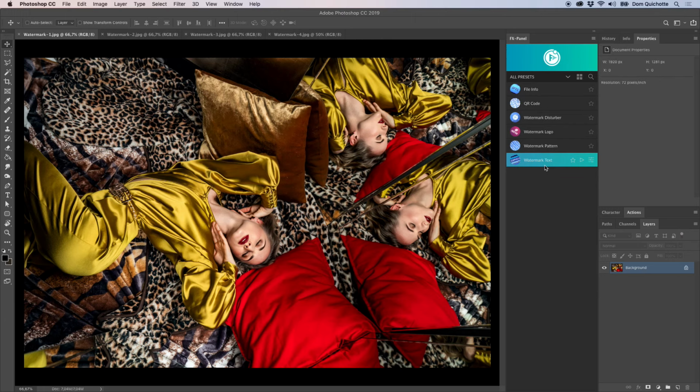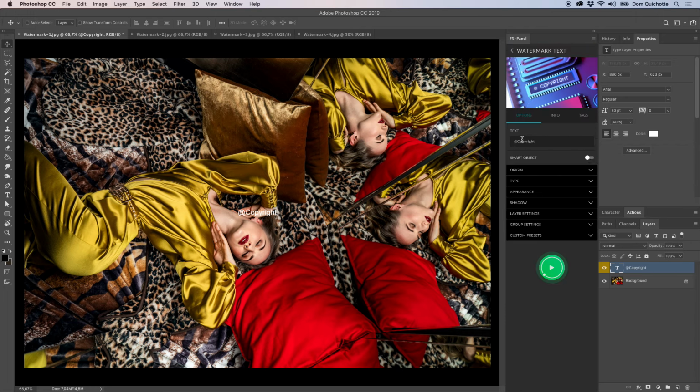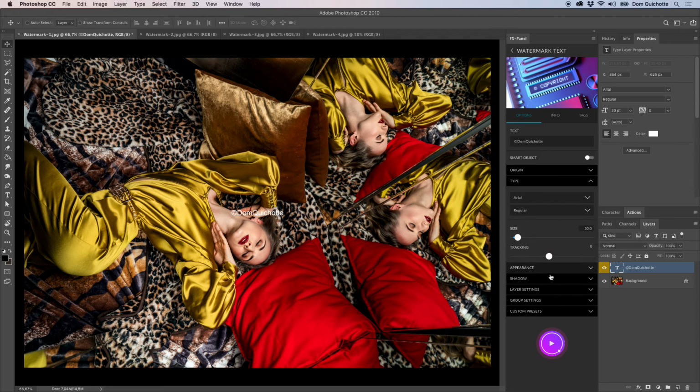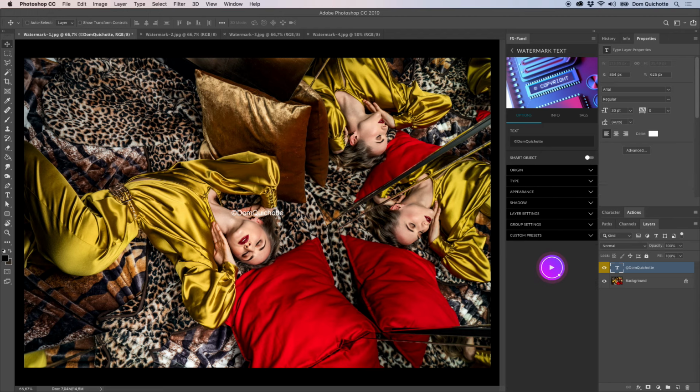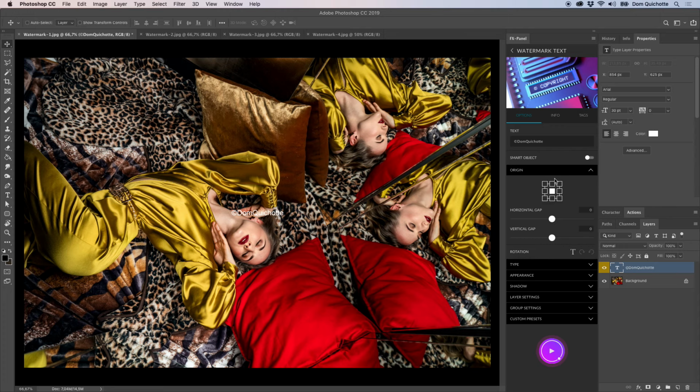The Watermark Text preset basically creates a text somewhere in your image. And let's take a closer look into the preset options. And we see that we can define a name. So let's just say Don Quixote and hit replace. We have these so-called accordions, and when I open an accordion, I can enter even more options. So if I want to change the origin of the watermark text, I could click origin, and let's say I want to put it up here